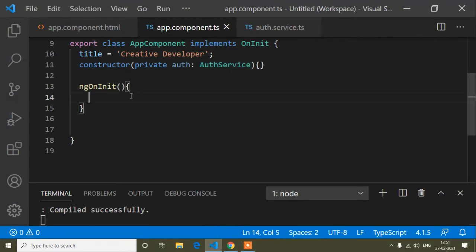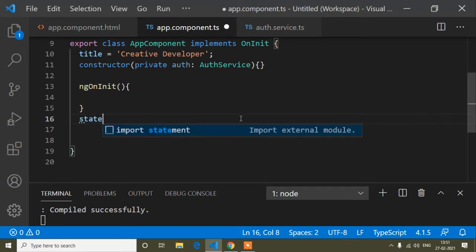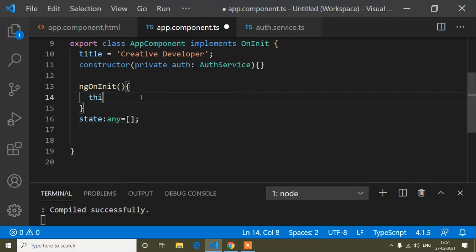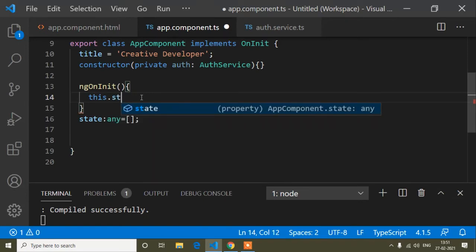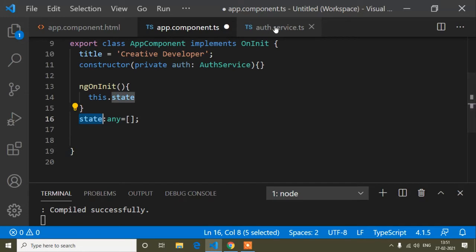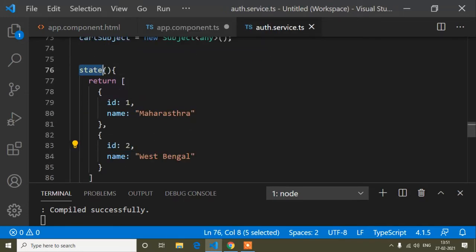For that I will write inside ngOnInit, because you know it's called at the time of load. I mean when our component is created, that time ngOnInit is called. So first of all I will create a state array, type is any, equals to an array, and now inside the state array, this.state. Inside this state array I will store our states.